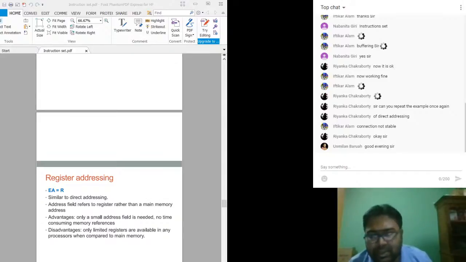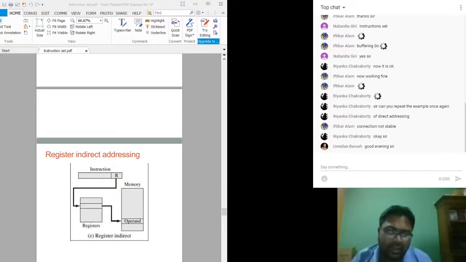Registers are there in limited number inside your CPU, so you cannot have too much flexibility. The advantage is that only a small address field is needed, and there is no latency due to memory reference, so execution will be faster. So that is register addressing.